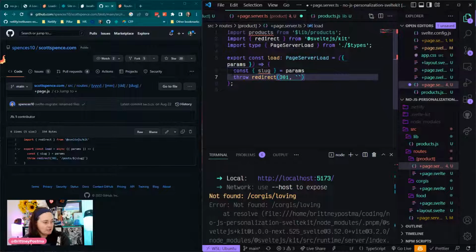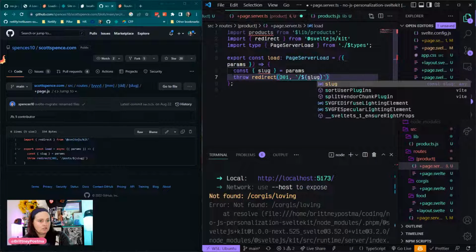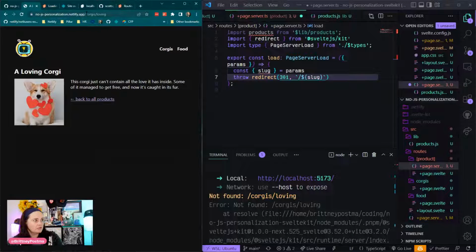That was really nice. And we're going to go to just slash, right? /$slug. Oh no, it should be slash and then whatever they came from, I think. Yeah, it should be based on the route above it, which means,